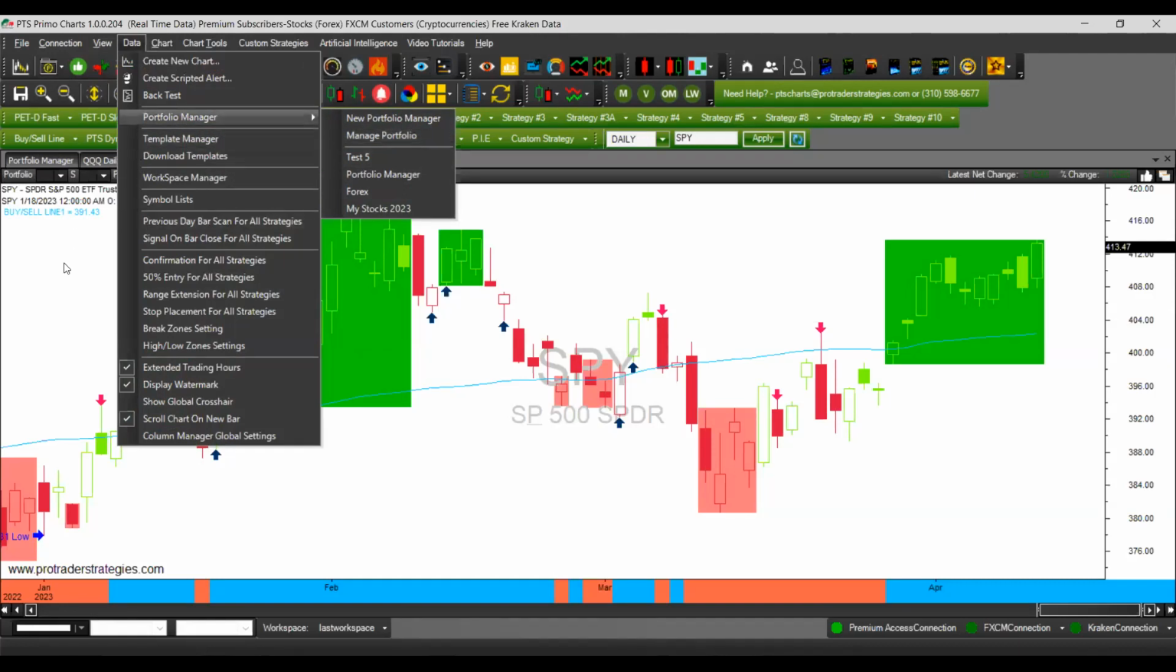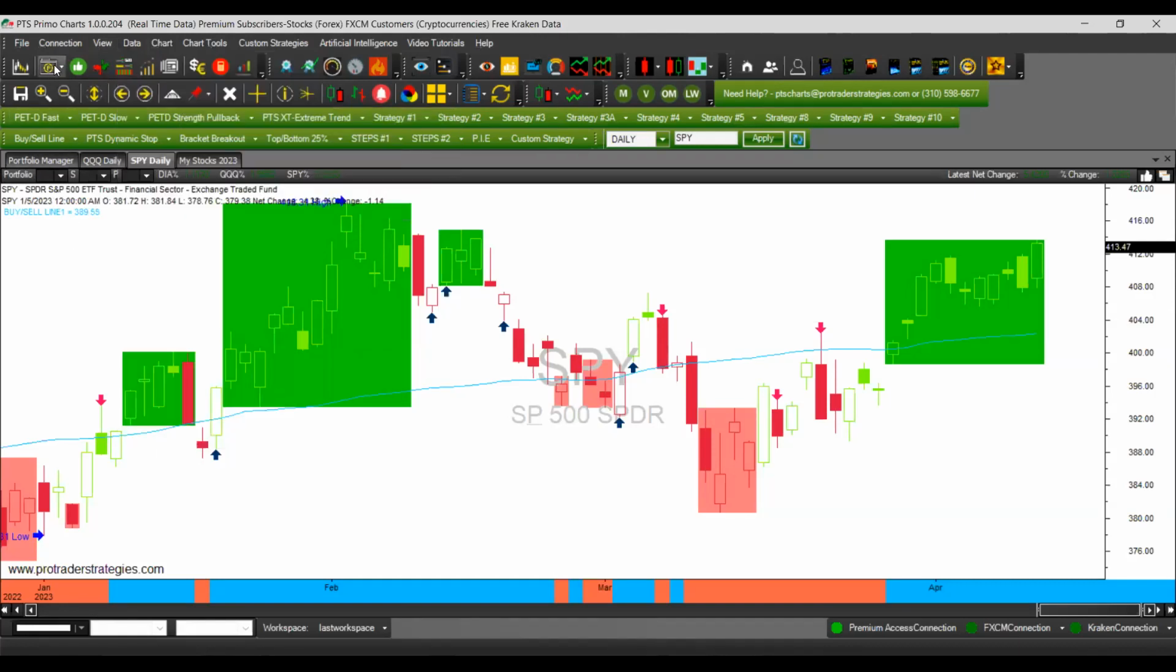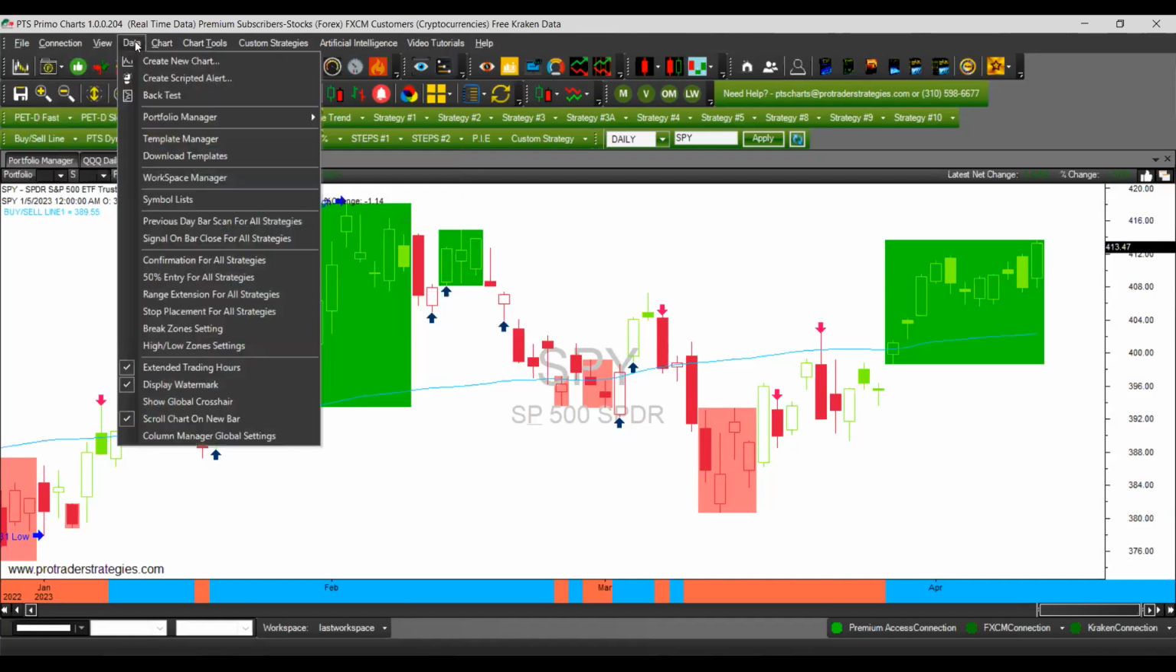So this one has the same options as the portfolio from here. Same with the charts. I think you will use this one and that one instead of the data menu. On the data menu, we also have the template manager and downloads template. So the template manager is if you have a lot of templates that you have created for your charts and